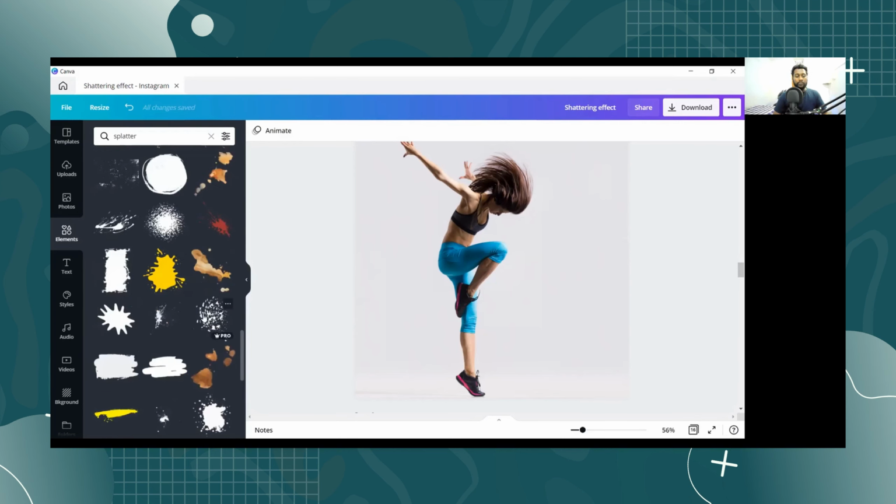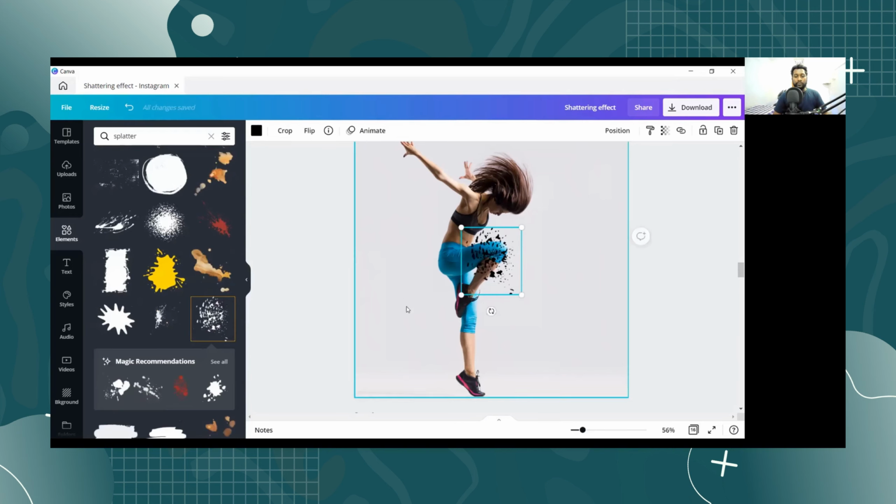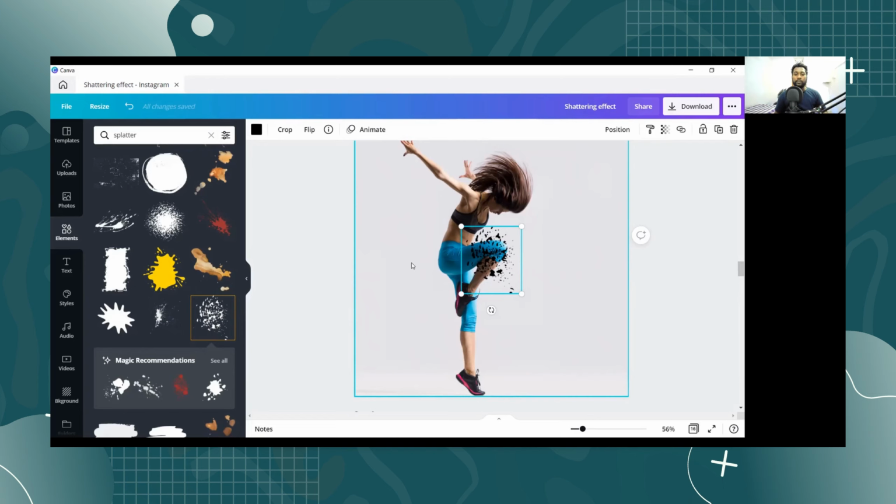So this is the particular element I used for my design. The second thing you need to understand is that for creating this shattering effect, we are going to use elements two times. The first time, we need to make its color the background color, so that we get the effect from this design. You just need to select the element and make it the background color.